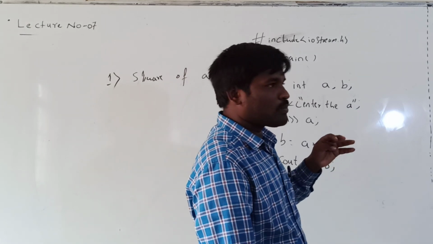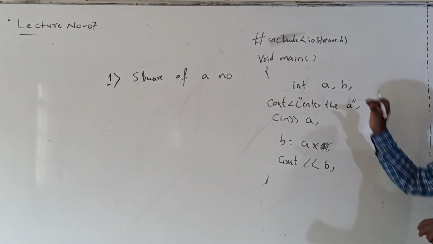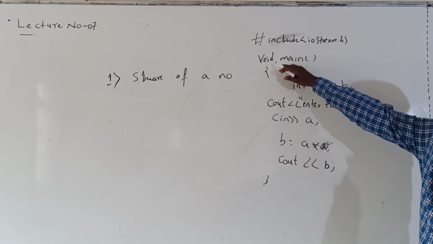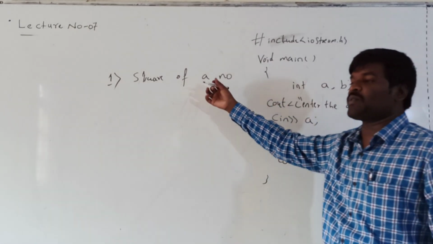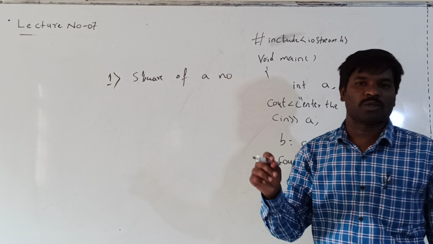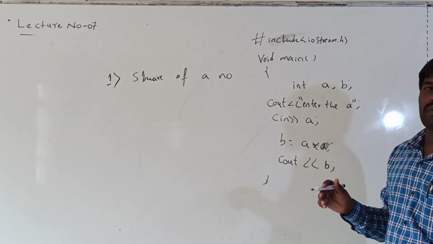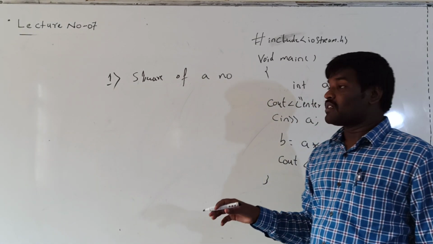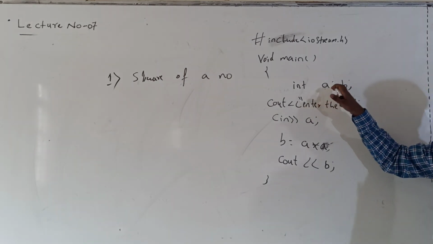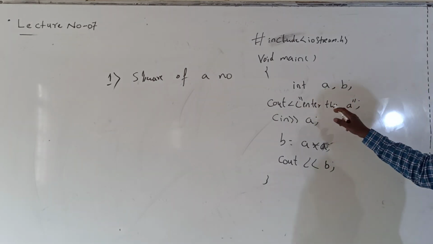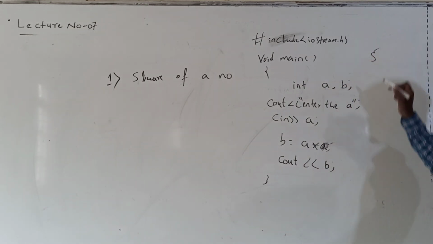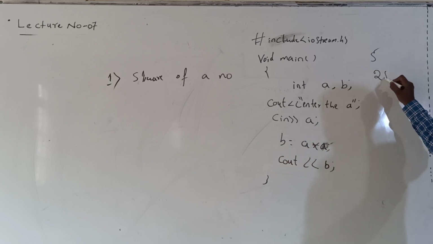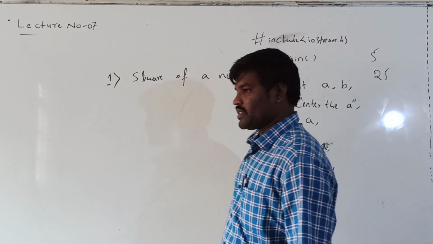The execution of the program starts from the main function. So first you write this program, and after that you can execute it. The question is the square of a number, which means the input value is multiplied with that number only, and then you get the result. One variable is for input purpose, another one is for storage purpose. Here, enter the a value, so I can give the value as 5. 5 into 5 is stored in b. Finally the result is 25.